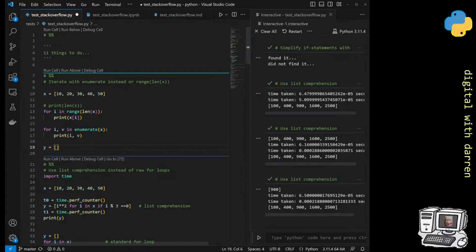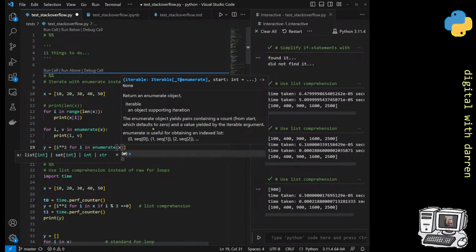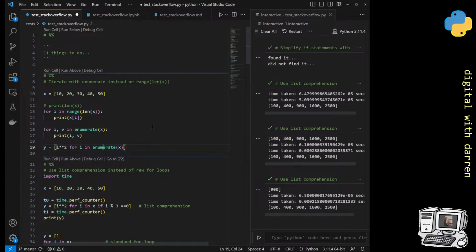We could combine the thing down below. i squared for i in enumerate x. It'd be for i, v because there are two things coming out of there, in enumerate x. So we do v squared for i, v in enumerate x